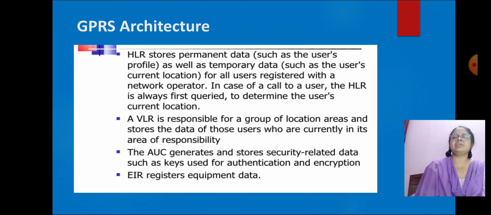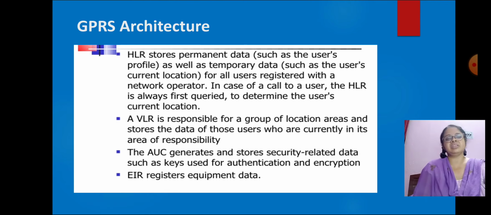A VLR is responsible for a group of location areas and stores the data of those users which are currently in its area of responsibility. The AUC generates and stores security related data such as keys used for authentication and encryption. EIR registers equipment data.